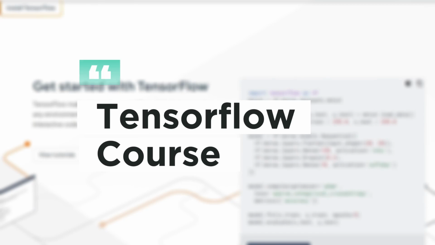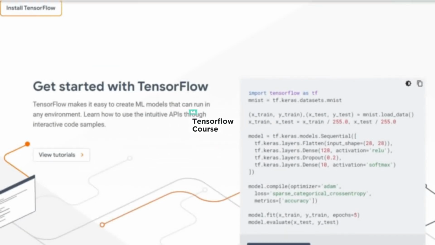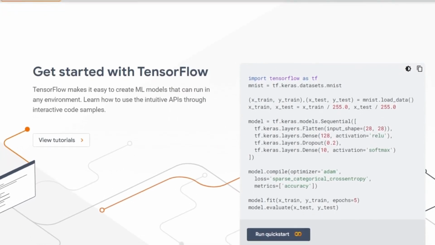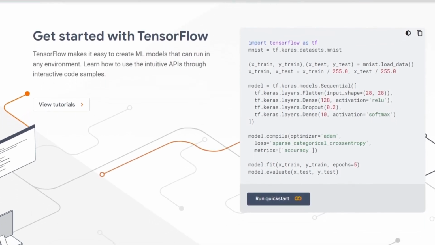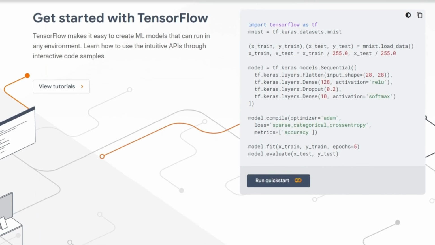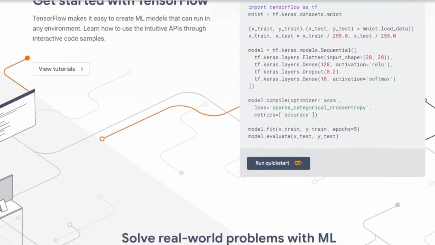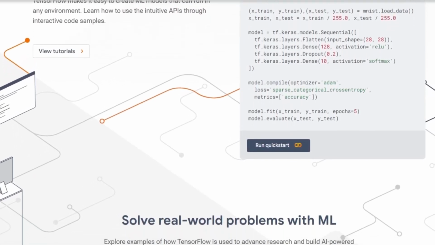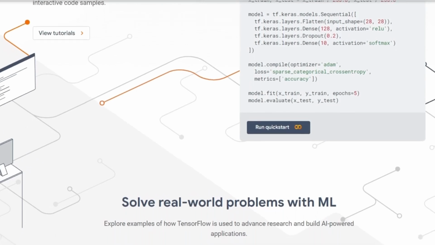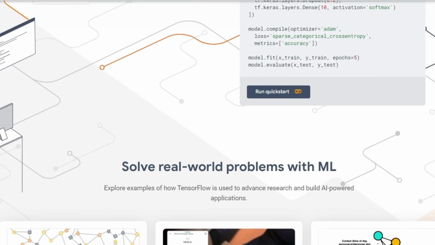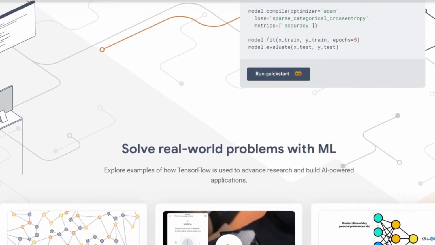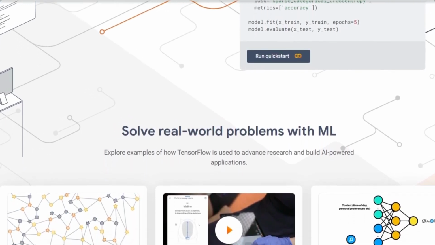Tutorial on TensorFlow, a powerful open-source library for machine learning and deep learning developed by Google. TensorFlow is widely used in both academia and industry due to its flexibility and efficiency in handling complex computations and building neural networks. In this video, we'll walk you through the process of building a simple neural network using TensorFlow. We'll cover everything from setting up your environment to loading and pre-processing data, building the model, training it, and making predictions. Whether you're a beginner or someone looking to solidify your understanding, this tutorial is designed to be accessible and